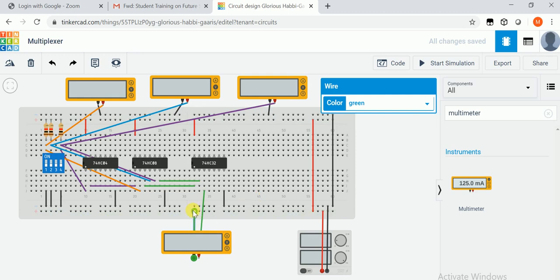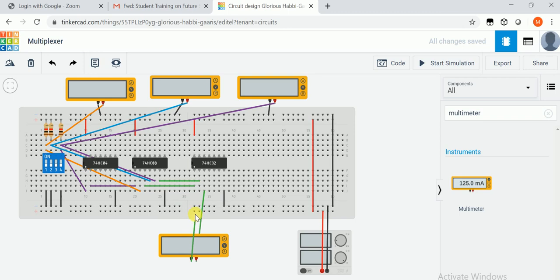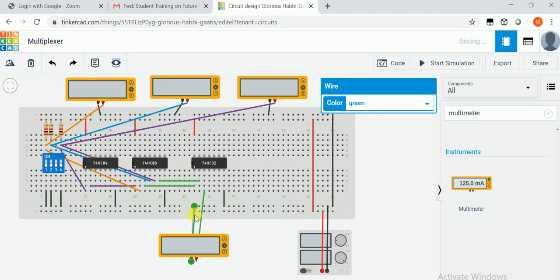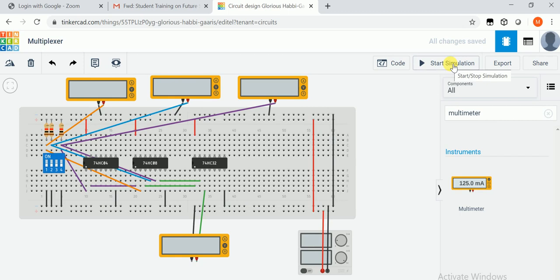This is not connected to the ground, so let's connect it to the ground first. This should be black, and this is the output. Let's start our simulation.